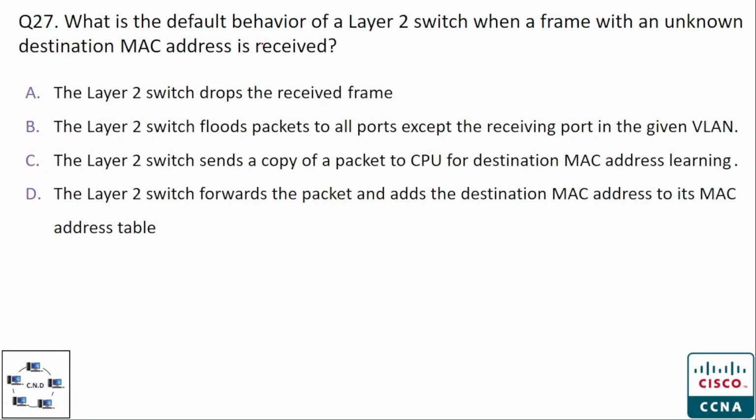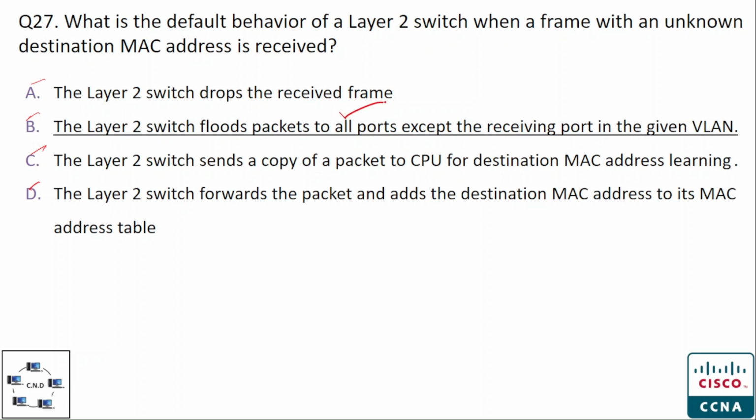Question number 27. What is the default behavior of a layer 2 switch when a frame with an unknown destination MAC address is received? And the options are: option A, the layer 2 switch drops the received frame. Option B, the layer 2 switch floods packets to all ports except the receiving port in the given VLAN. Option C, the layer 2 switch sends a copy of a packet to CPU for destination MAC address learning. And option D, the layer 2 switch forwards the packet and adds the destination MAC address to its MAC address table. And the correct option is